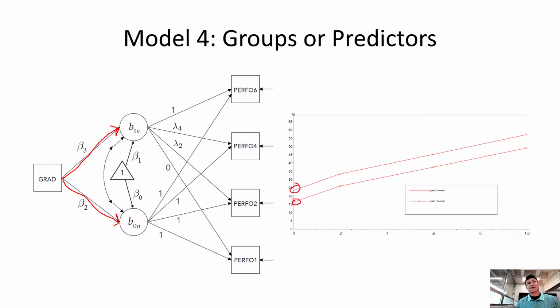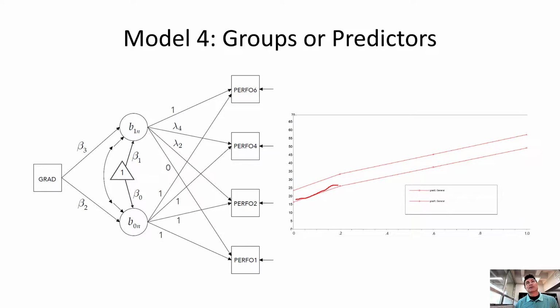If the mother had finished college, the scores are on average about 23, 24. If the mother hadn't finished college, the scores are around 16. So graduating college for the mother affects where people begin. However, it doesn't affect their growth pattern that much. These patterns are almost parallel, and so we don't have an interaction.